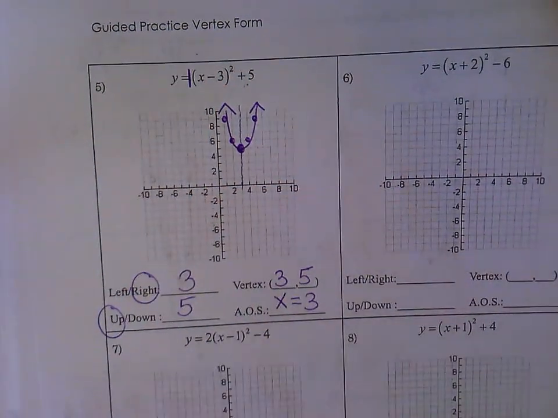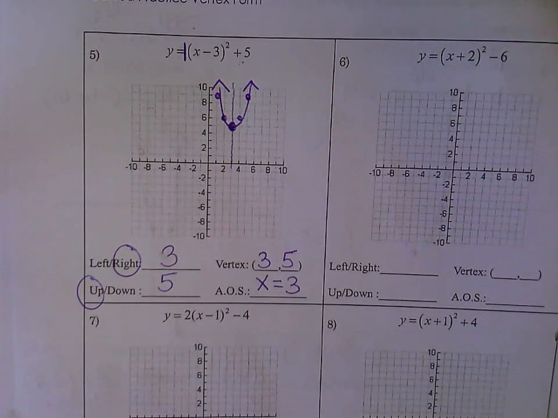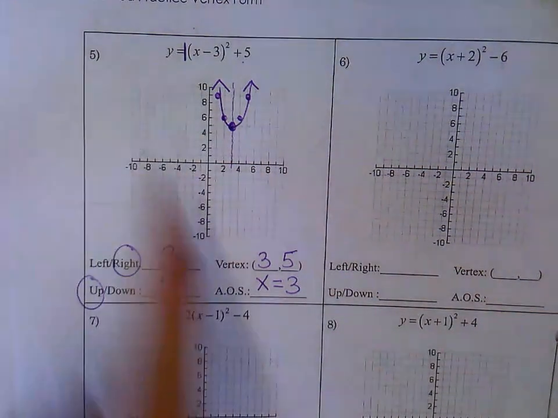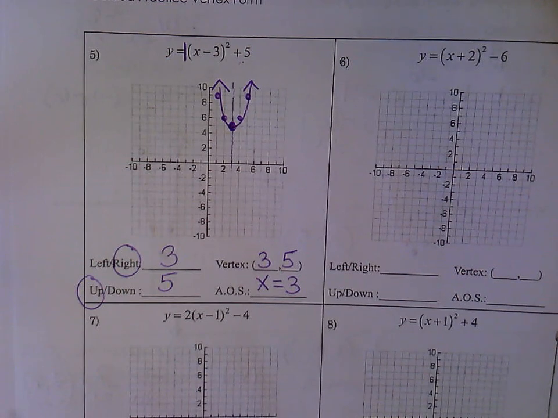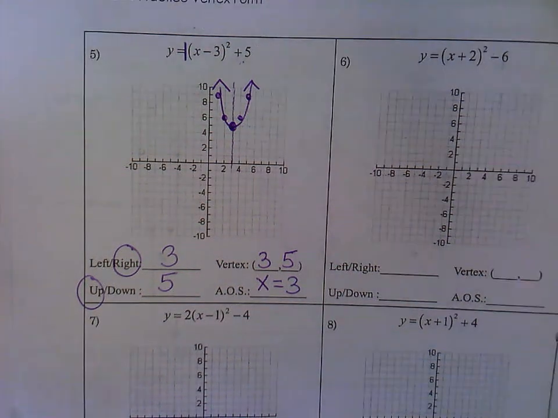So I hope that number 5 feels really familiar, like we spent all week last week doing transformation rules. So you can figure out your left or right, your up or down, and you should have memorized that parent function. So we're just going to keep using that same parabola. So it helps you to write that parent function on your paper. 1, 1, 2, 4, and 3, 9. Those are the moves from your vertex. So once you find your vertex, those are the moves to get the rest of the parabola. So I'm going to pause